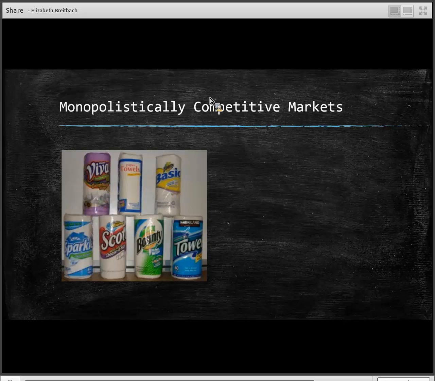And the incentive to cheat is, what if I charge just a little bit lower than all of the other firms that are with me? If I charge a little bit lower price, then I will take more of the customers away from them, and often what we see is cartels not working as well as they had hoped. Collusion is illegal in the United States, so if we have an oligopoly in the United States, it's illegal for them to collude and form a cartel.